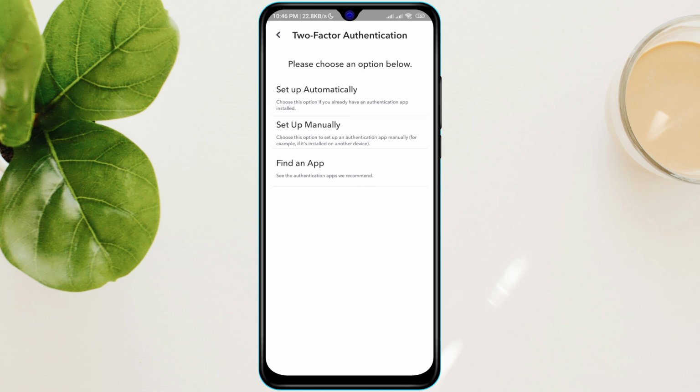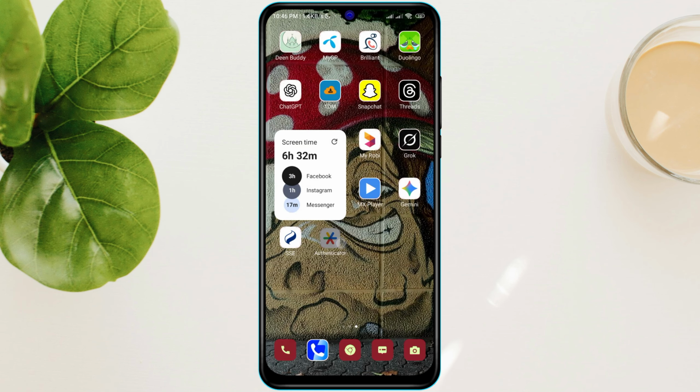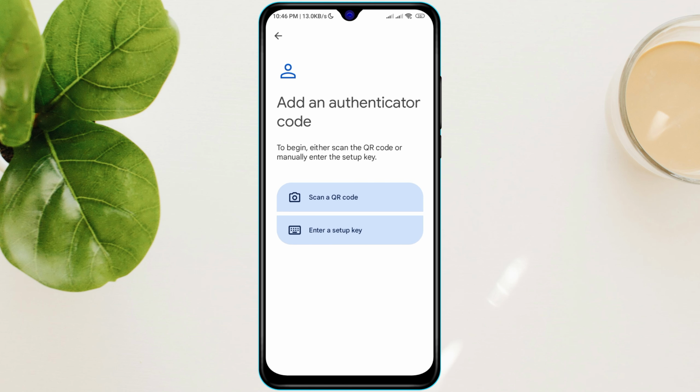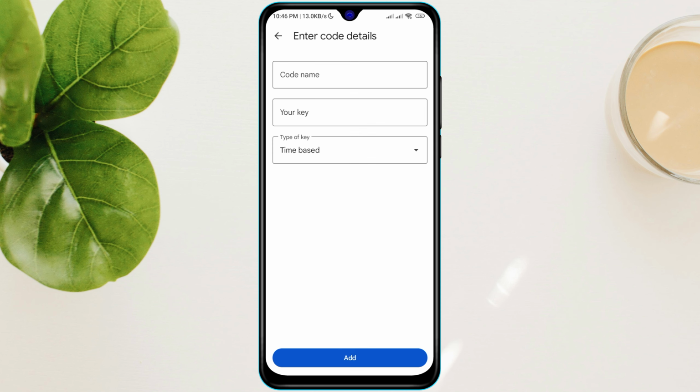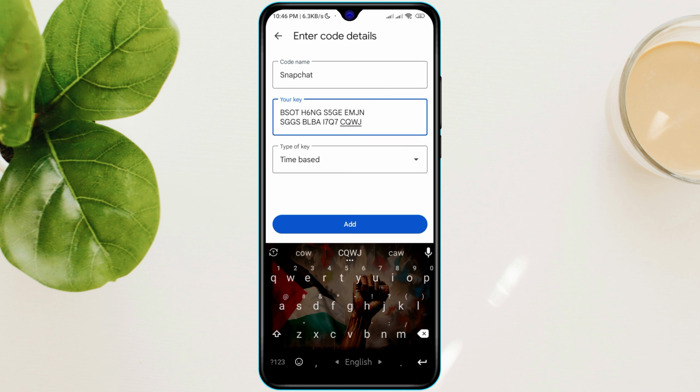Get back to Snapchat again, go to two-factor authentication, then authentication app and set up manually. Then copy the code and go to the newly installed app. Then tap on Add a code, then enter a setup key. Write Snapchat in the code name box, paste the generated code into your key box and tap on Add to